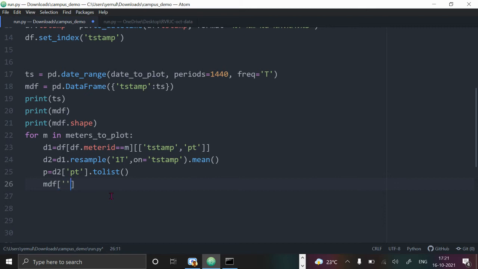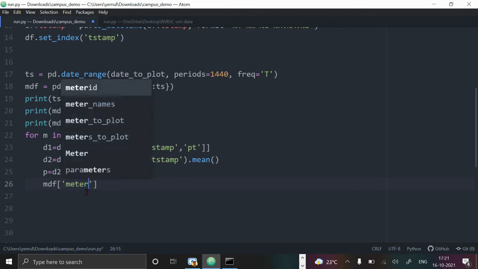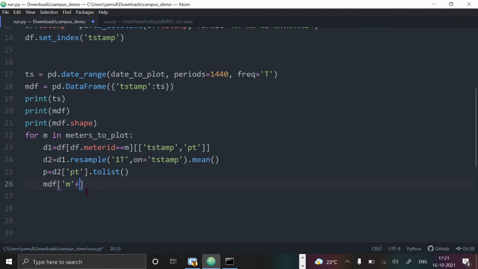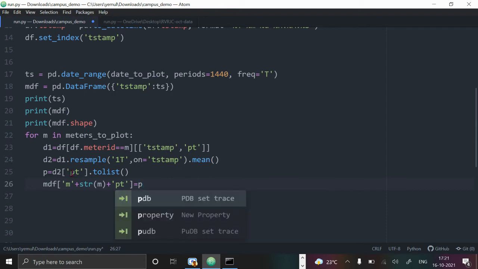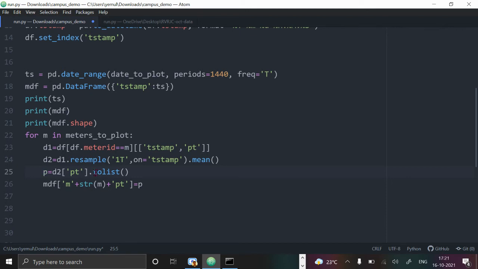The new column will have the meter number, so I will say meter, or I say M, then plus str of M plus PT, because the active power PT of that particular meter I am loading into MDF, is equal to P. The P is just a temporary variable. In order to convert into this, you need to convert to list. So all these things are needed. Now it is like this.